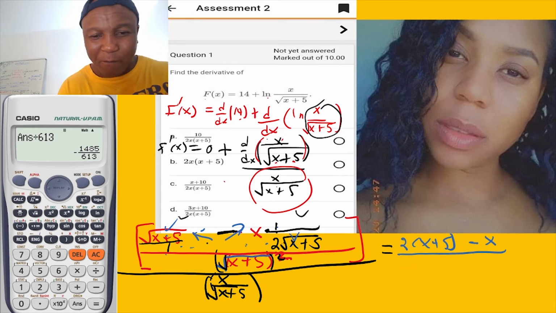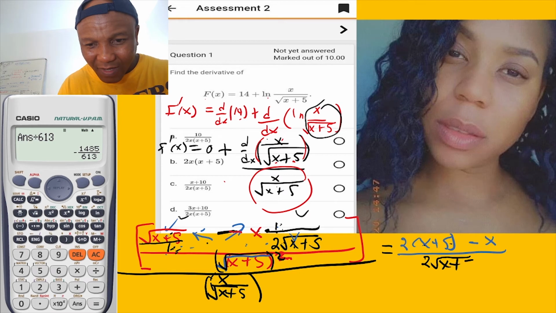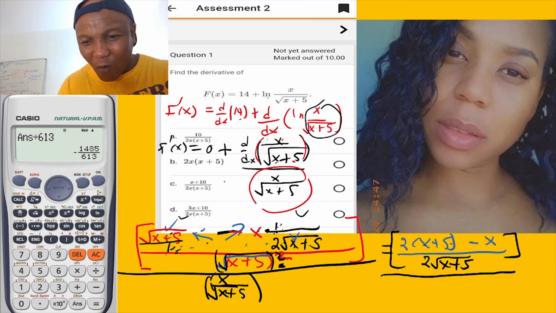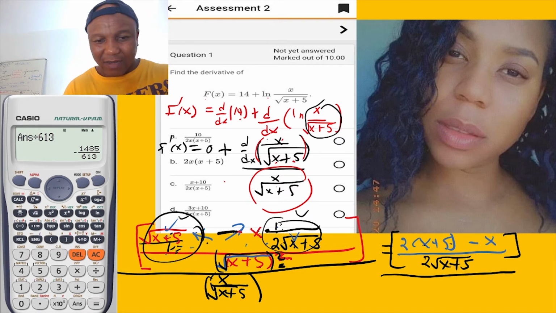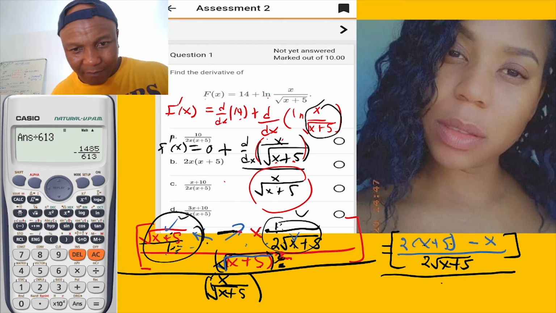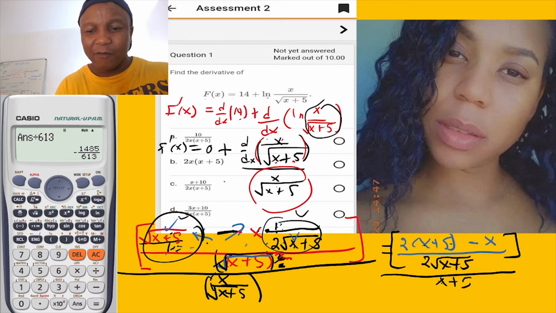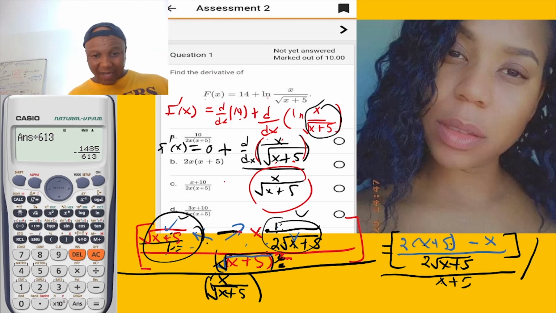Okay. We say this and this is going to give us 2 times the square root of x plus 5, and this is going to give us just 1 times x times 1 equals x. Our common denominator is going to be 1 times this, which is going to be 2 root. I skipped something. And then we put it over this, because we solved this and that. But this and this is going to cancel, because of the denominator squared, which is going to be x plus 5. Okay, and then all this stuff be over. So I can simply say over, because of the space, so I can write down over